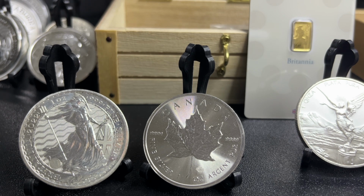When you look on the secondary market, if you find milky coins, Maples, Philharmonics, they could generally, from what I've seen, go for cheaper. Kangaroos as well seem to be going quite cheap on secondary markets. So in short, no, it doesn't seem to be much of a difference when it comes to 4 nines as opposed to 3 nines. The price is relatively similar, and if anything, it's probably going to be £1 or £2, a couple of bucks or so. It's not going to make that much of a difference,